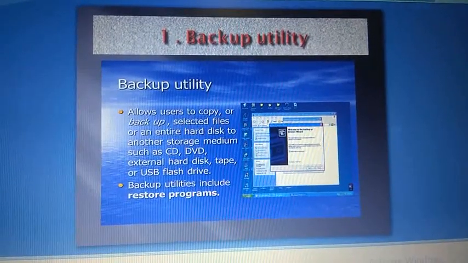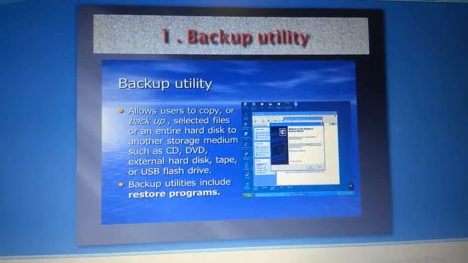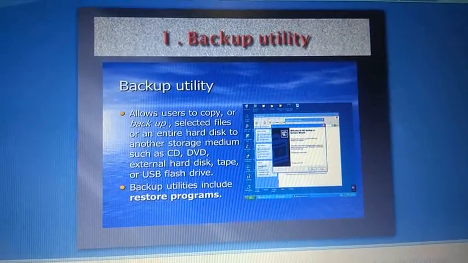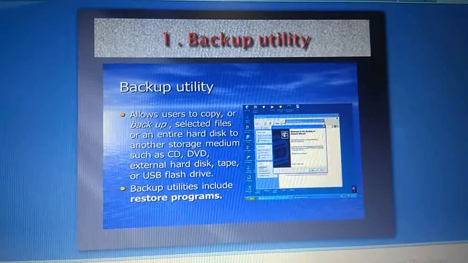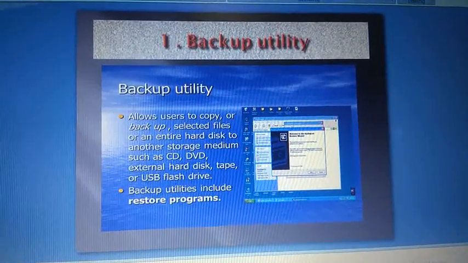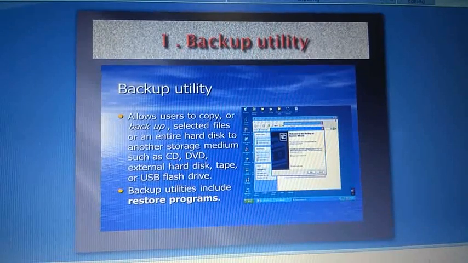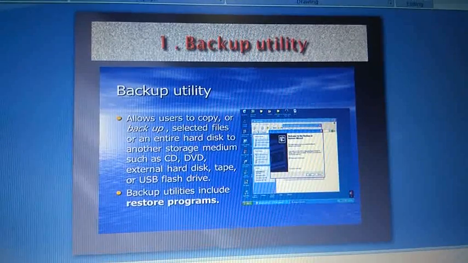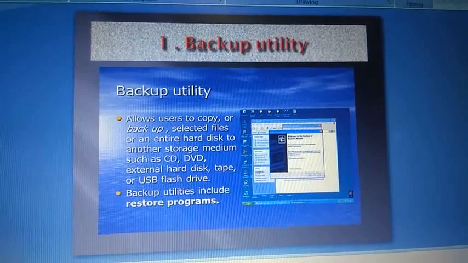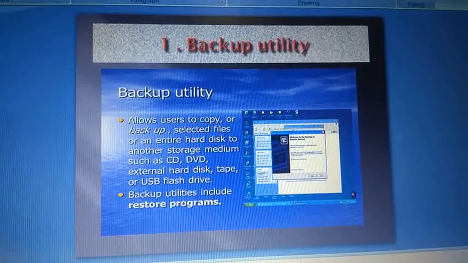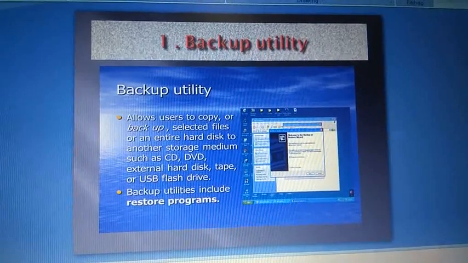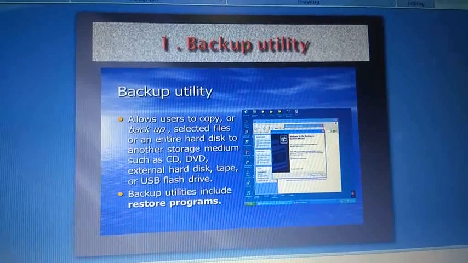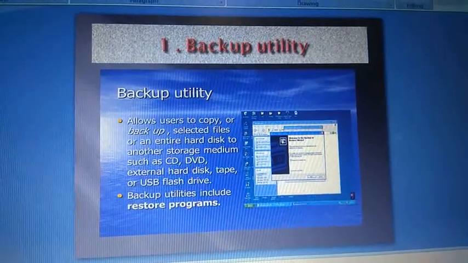First one is backup utility. It allows the user to copy or back up selected files or an entire hard disk to another storage medium such as CD or DVD, external hard disk, tape, or USB flash drives.